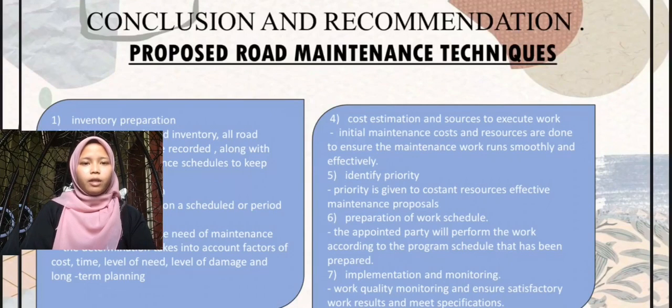Next is identifying priority. Priority is given to use resources effectively for maintenance proposals. Next is preparation of the work schedule. The appointed party will perform the work according to the program schedule that has been prepared. And the last one is implementation and monitoring. Work quality is monitored to ensure satisfactory work results and that they meet